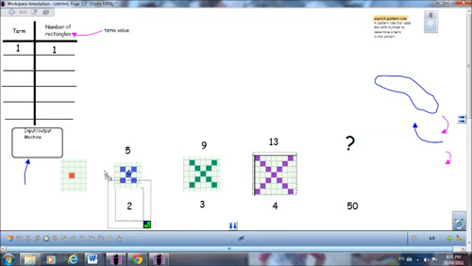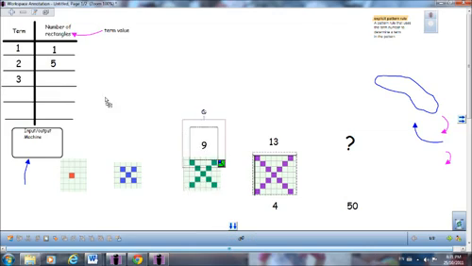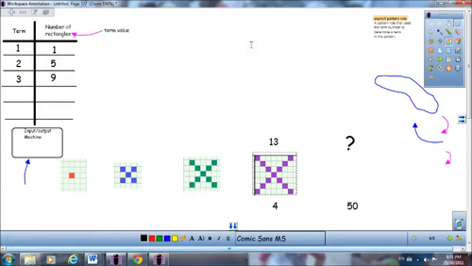In the second term, we have 1, 2, 3, 4, 5, let's call them rectangles. In the third term, you have to count them accurately. We have 1, 2, 3, 4, 5, 6, 7, 8, 9. Now hopefully you're starting to recognize that there's a pattern. The pattern that you should recognize